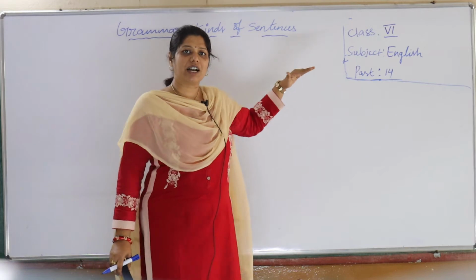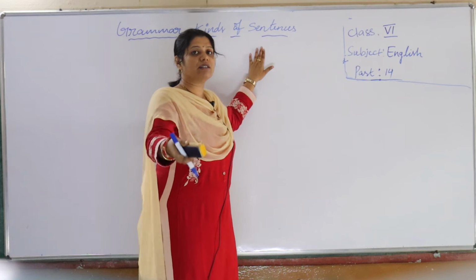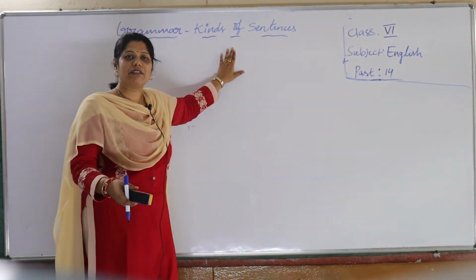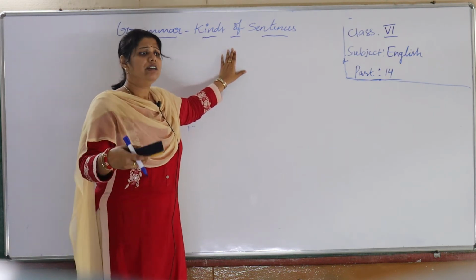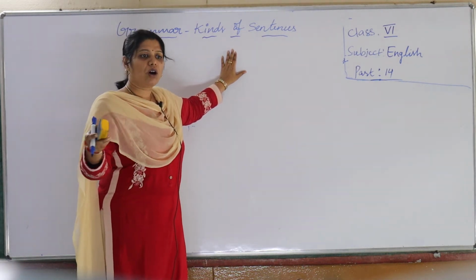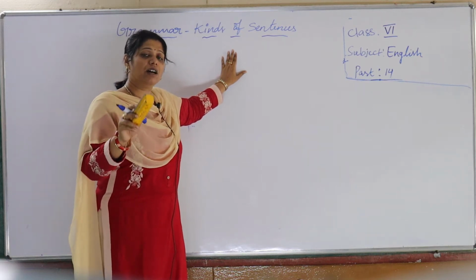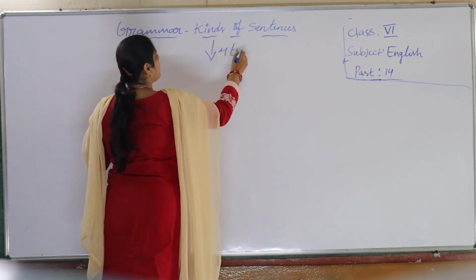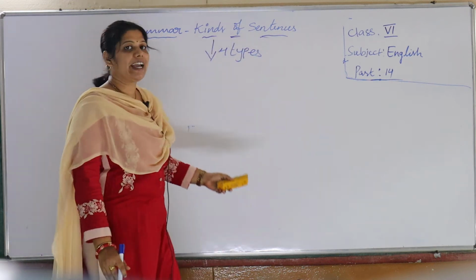So next, this is the continuation of the same topic, sentence. Sentences are a very important part of our English language. When you are talking or writing, we need sentences, right? Depending upon our talk or our emotions, sentences are divided into 4 types. How many types children? 4 types. So here we are going to deal with our topic, kinds of sentences.